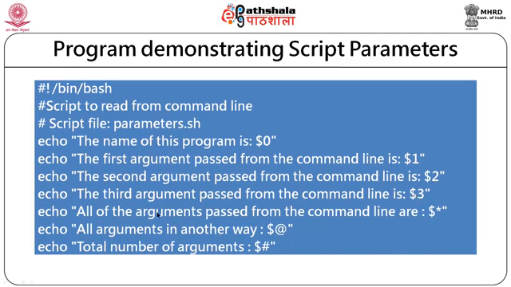This line will display all the arguments. So, when we use $*, it displays all command line arguments that were passed to the program. Similarly, $@ will also display all command line arguments, and the last line will display the count, that is the number of arguments that were passed at the command line. You can execute the program and convince yourself how these positional parameters can be used within shell scripts.